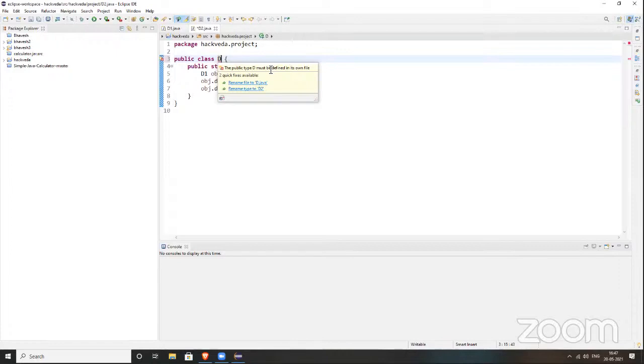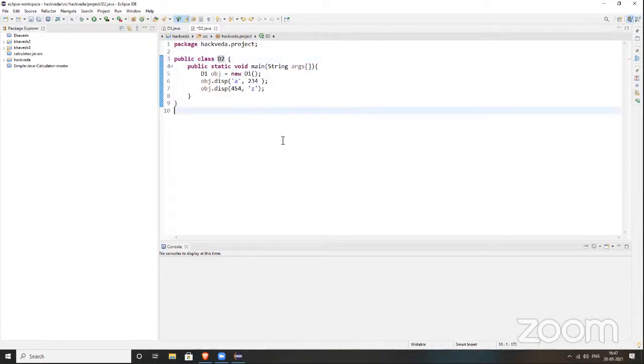It is saying I need to change D2.java to D.java, or rename the type to D2. Yes, because when you are running on this IDE, it needs that. But when you run on the command prompt, because earlier these IDEs were not there, people used to run Java from the Notepad file itself, and they were not creating packages and all. It was not there.